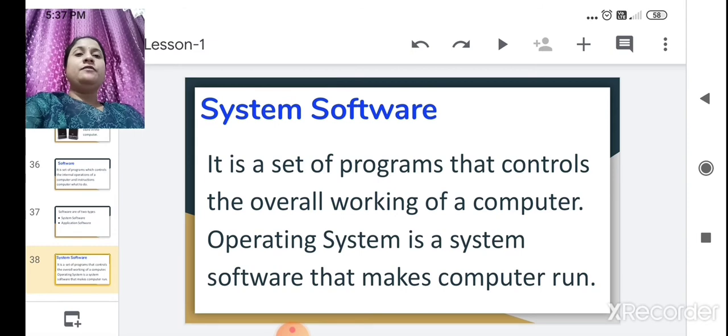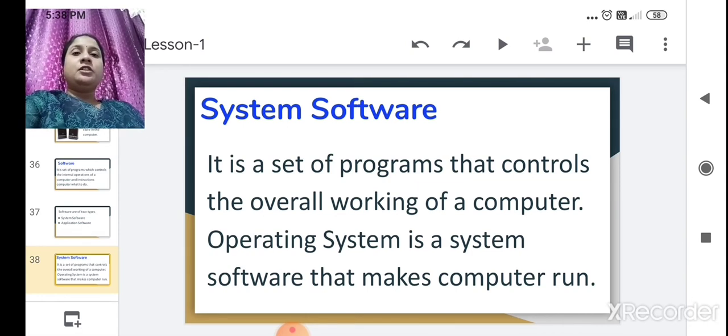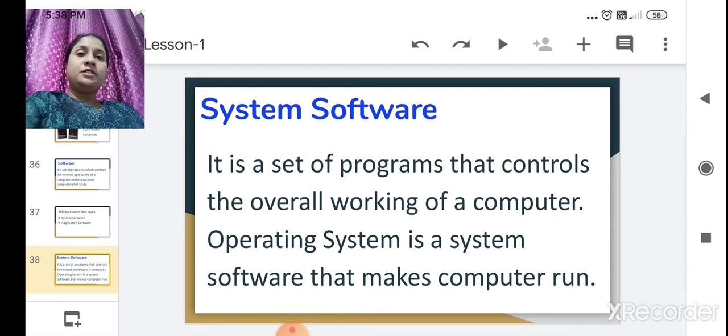With the help of system software, it is displayed. It is the interface between the hardware and the user application. Hardware means, for example, you are giving input and your keyboard is your hardware. Through the keyboard it goes to the computer and you get the result.